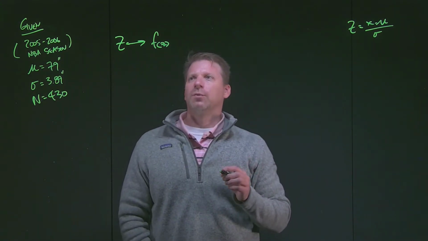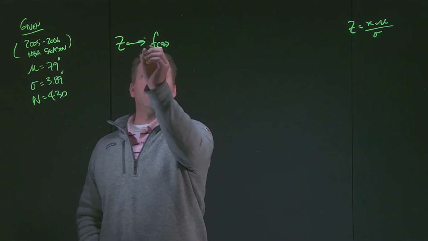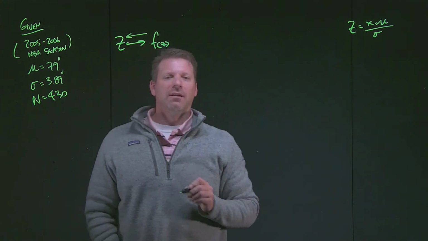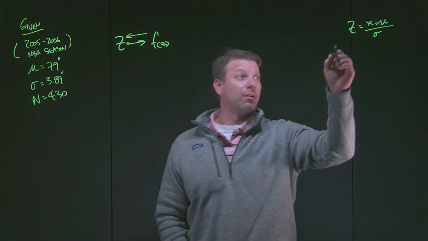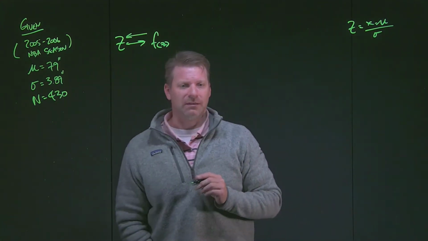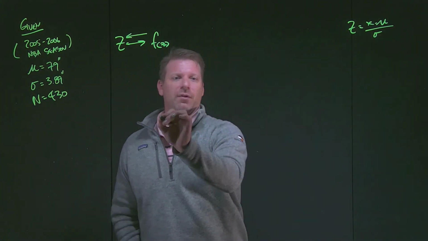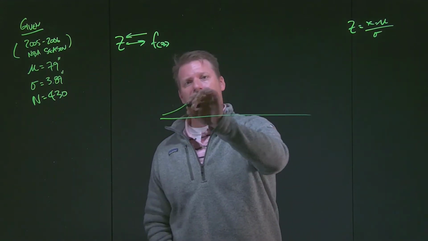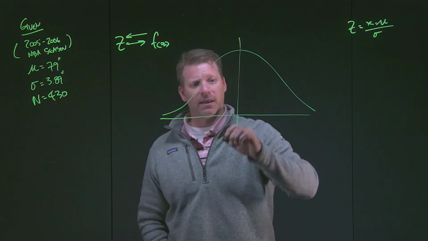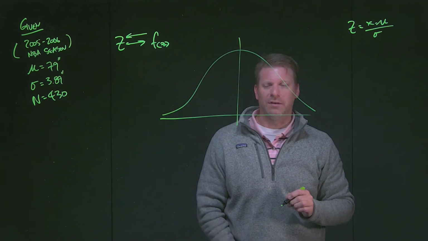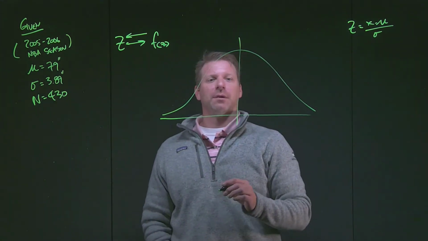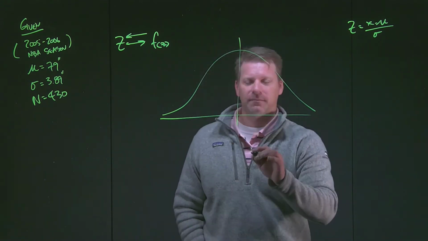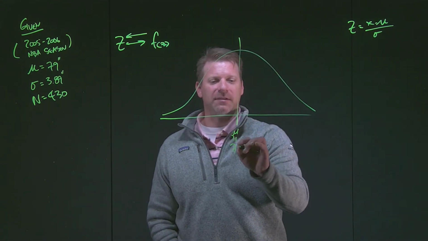But what we're going to do is look at a really quick example to say that we can also go the other direction. If we have an area underneath the normal curve, we can move back and find a Z value, and then ultimately get to some value of X. So if we look at our NBA basketball players' height, again, it's approximately normally distributed. Obviously the mean is shifted off the general population, but it's approximately normal, with our mean here at 79.